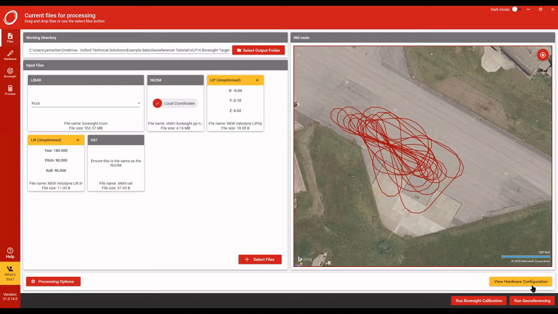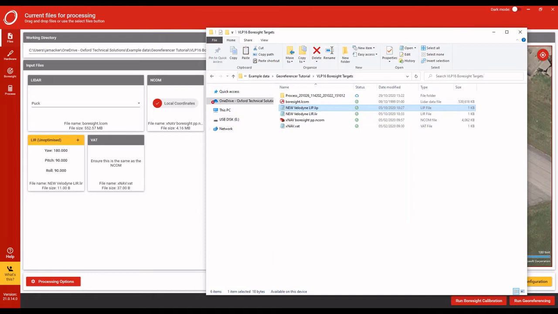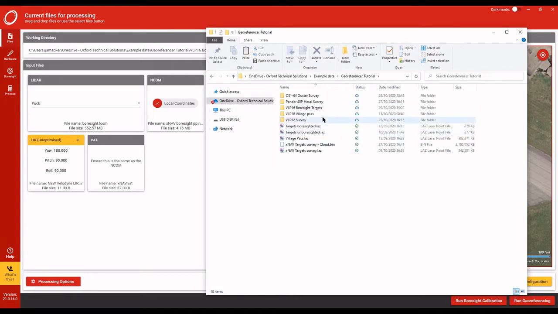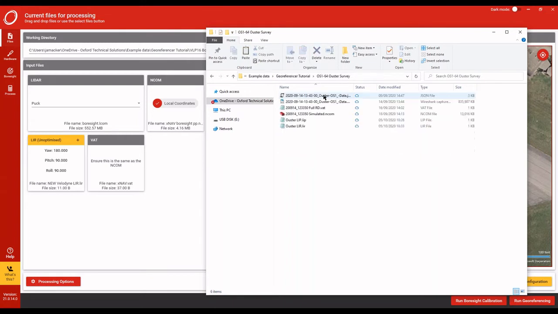And we can now take a look at the hardware. But before I do that, I just want to show you a variation on this, which is with some OxTS data. So with OxTS data, the process is exactly the same as I've showed you here, except you need an additional .json file. So if you're familiar with OxTS LiDAR, you'll know about the JSON file that is used to configure the unit, and this will give you